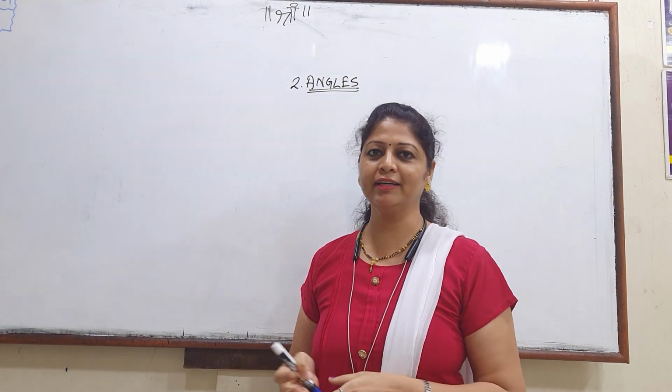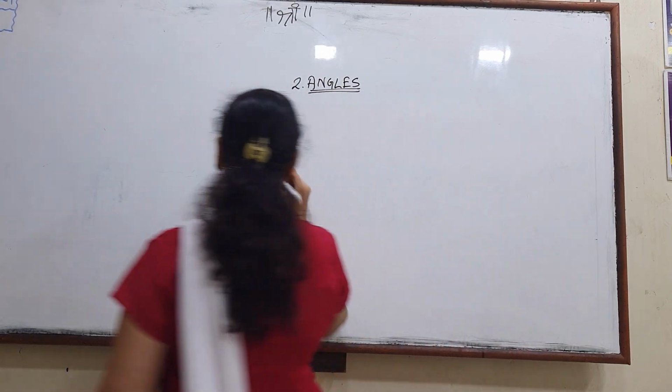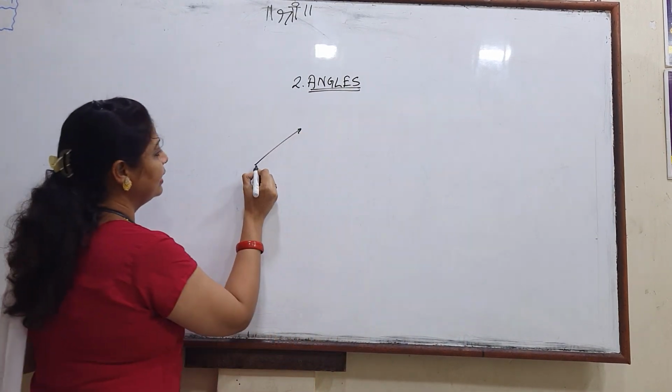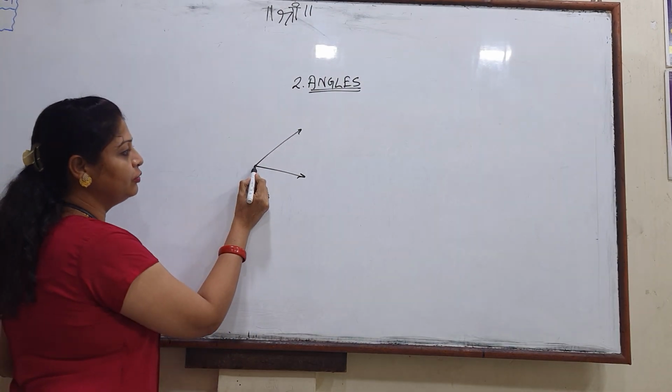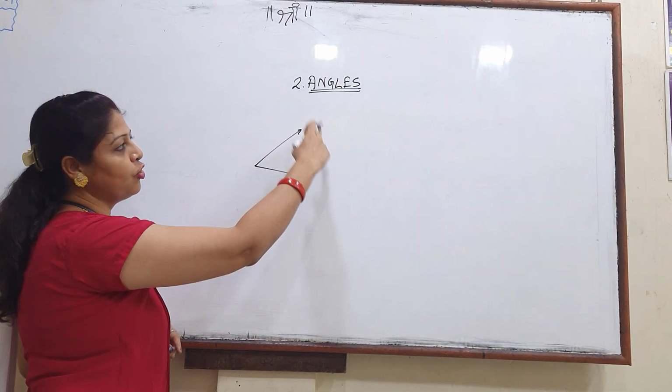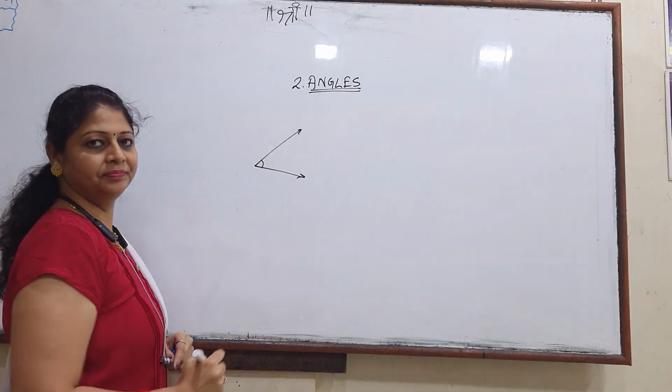Angles. Okay, already from 3rd standard onwards we know about angle. What is the meaning of angle? So see children, pay attention here. When two rays, see this is one ray and this is second ray, correct? When two rays are connected with one corner, that figure is called an angle. Okay, so this is an angle.